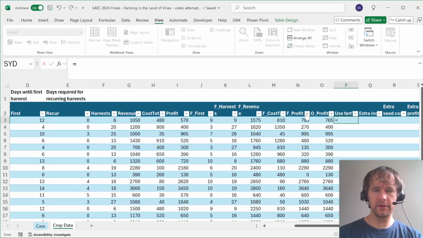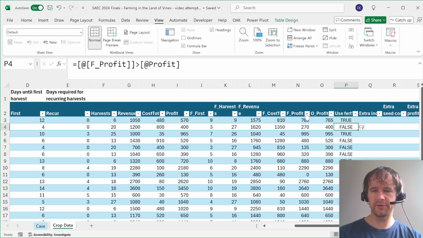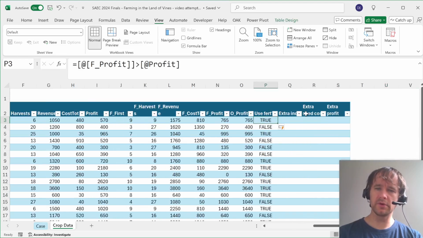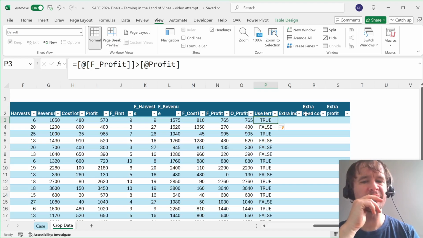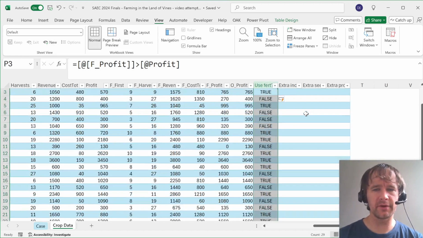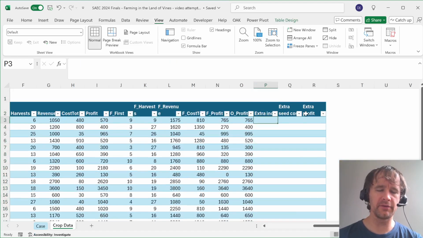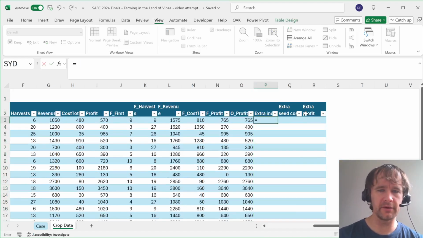And that is going to be if your fertilizer profit is greater than your non-fertilizer profit. Because if it's not, then there's no... no, sorry, that's not even right. That is not even right because the break-even cost could be below 10. So sorry, never mind that. Ignore that. So the extra income is the revenue with fertilizer minus the regular revenue, which is, in other words,